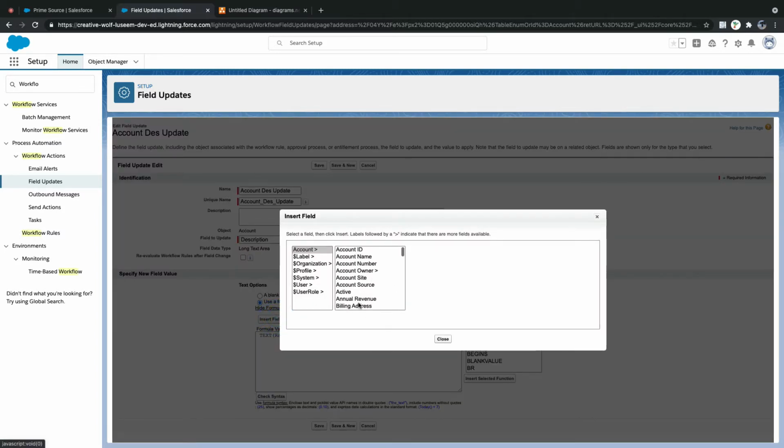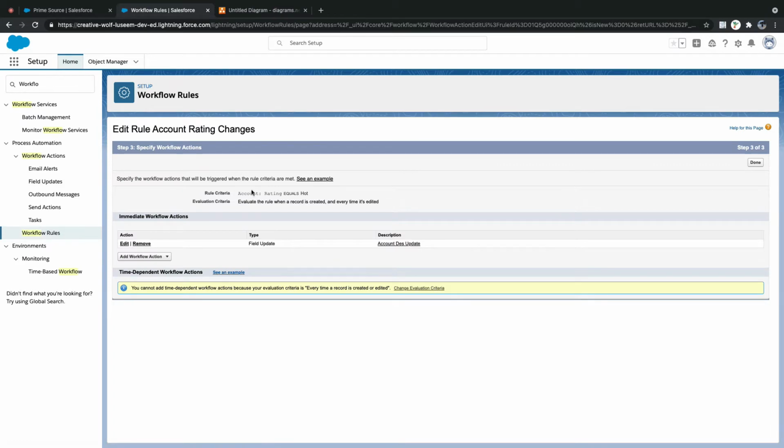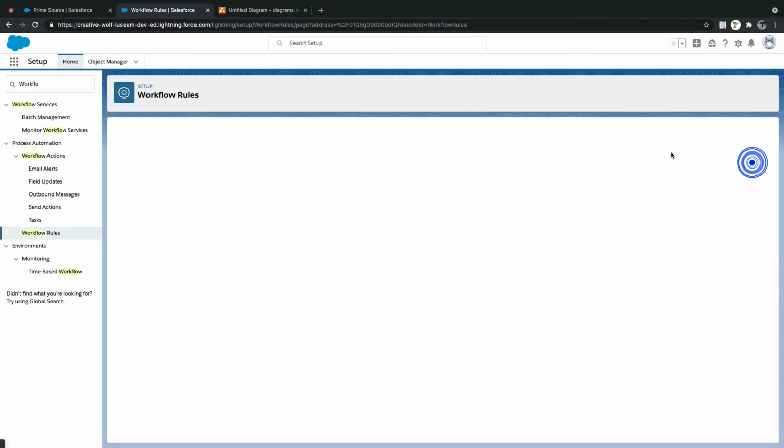Where is my last modified field? Last modified date. Error: incorrect parameter type, expected text, received date field. So I'm typecasting to text. No errors. Save.